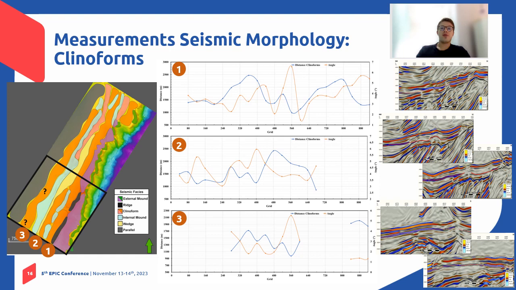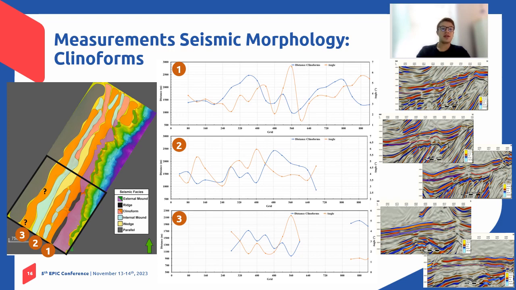Now, for the clinoform, we take into account the angle of the seismic reflectors and also the length of the clinoform. We separate them into three main groups, 1, 2, and 3, the orange polygons over the black square. We observe that the distance of the clinoform is affected by the angle, which in turn depends on the slope of the basement. When the length of the clinoform decreases, for example in this case or in this case, the